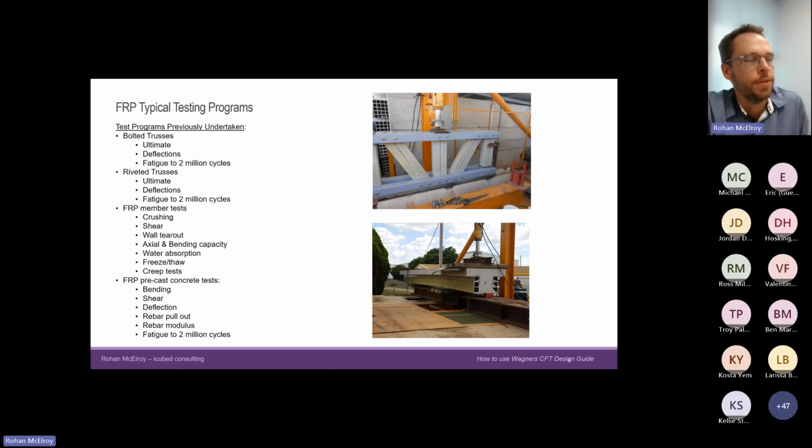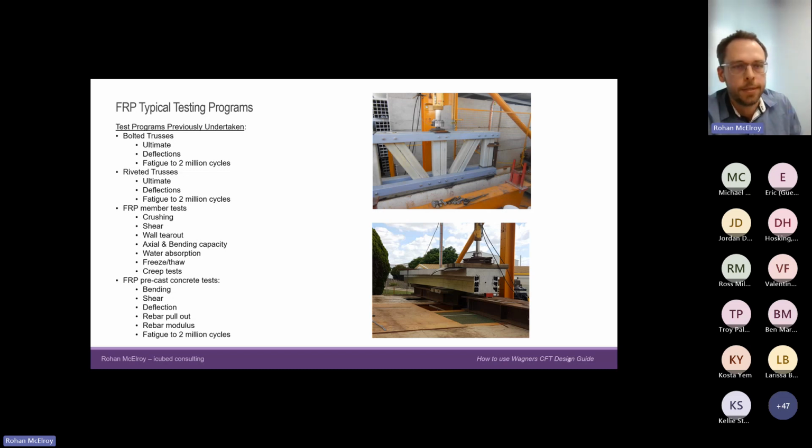In the past, we've been lucky enough to be involved in some testing programs with Wagners as well. They're not too afraid to jump out in the field and test something. There's nothing better than trying to find out how your structure is going to break, whether it be members or connections. So in the past, we've done testing programs for riveted truss bridges, small scale testing, and also U-girders for